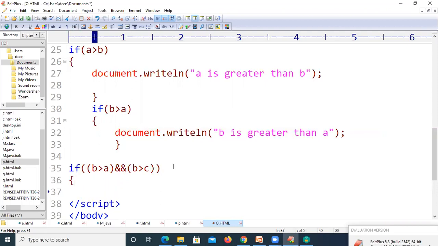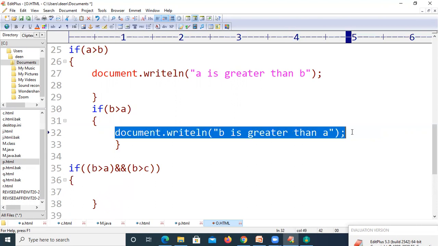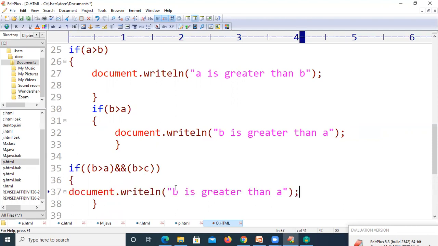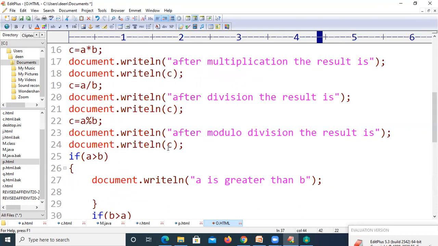So now inside this one, I'm going to print something called document.writeln. Document.writeln: B is greater than A and C. You can see the value of C here is 10. The last update to C is 10.